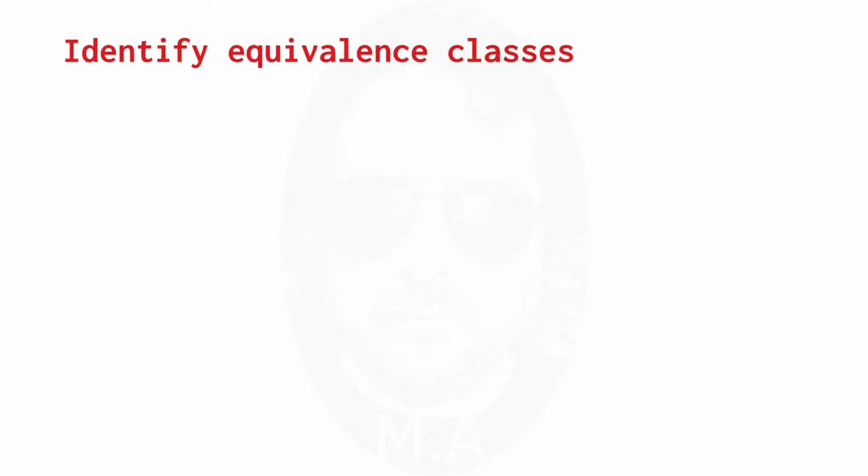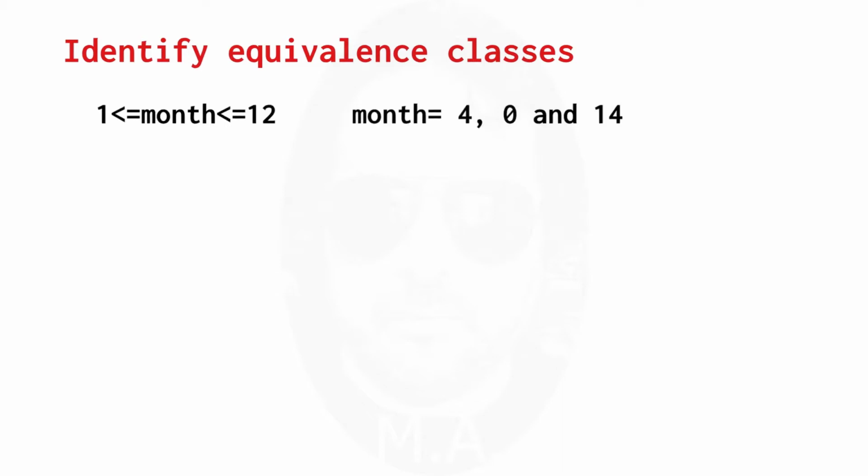Identify equivalence classes. For inputs with a range of values, define one valid equivalence class within and two invalid equivalence classes outside the range. Example: month larger than or equal to 1 and less than or equal to 12. We have month equal 4, which is within the range 1 to 12, and 0 and 14, which are outside the